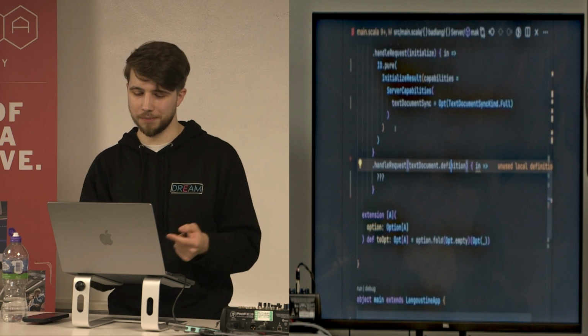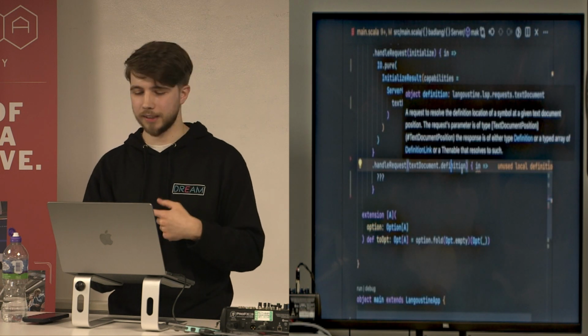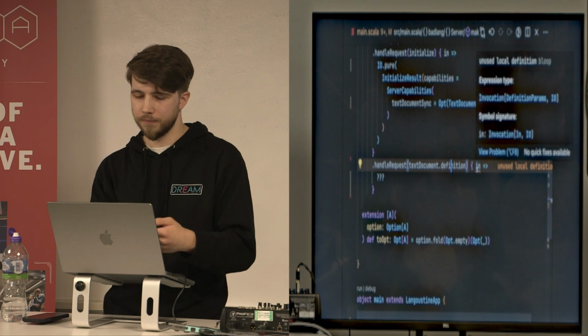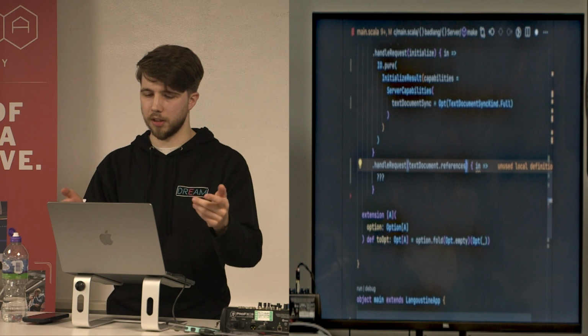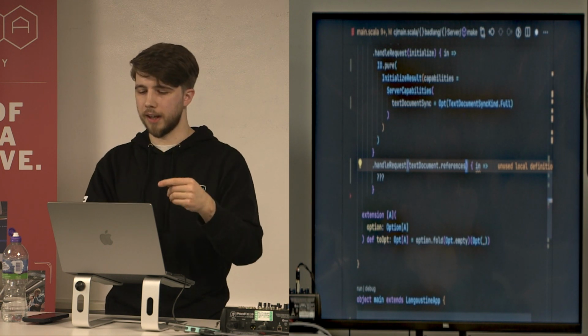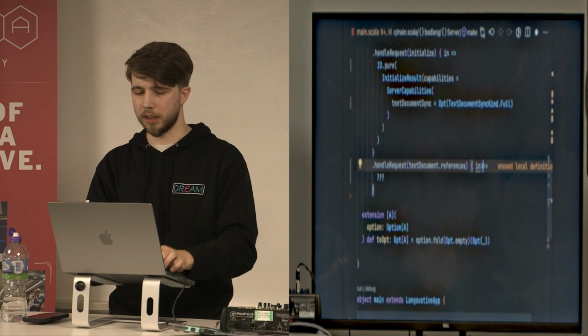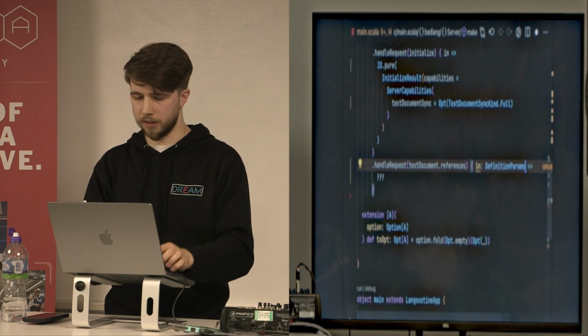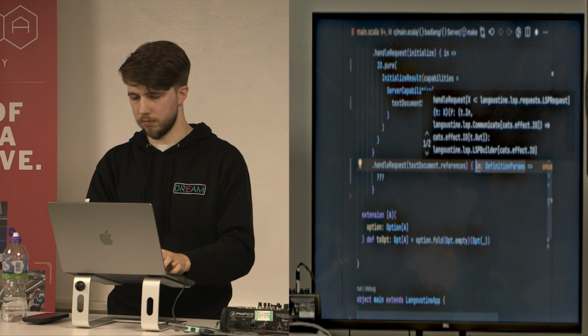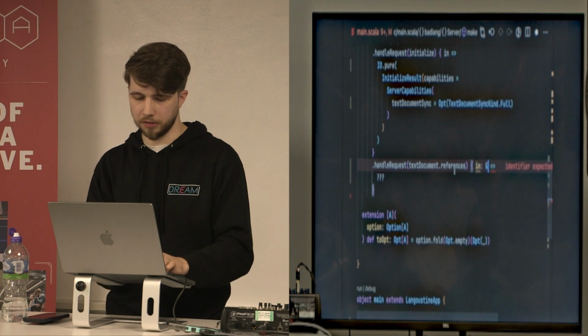Well, the compiler knows. I cannot do references, which is find references to this variable, and expect this input type to be go to definition parameters. It's just not going to